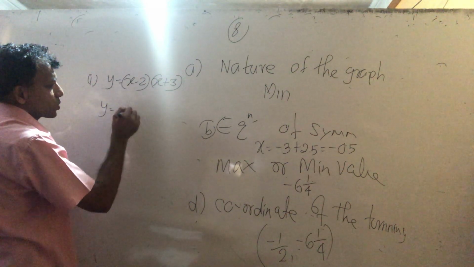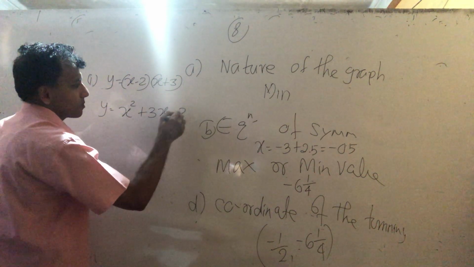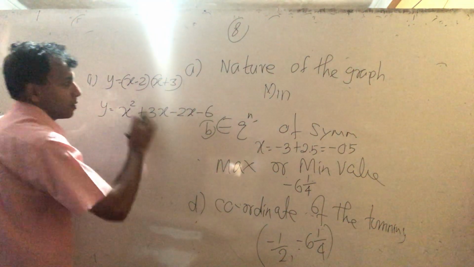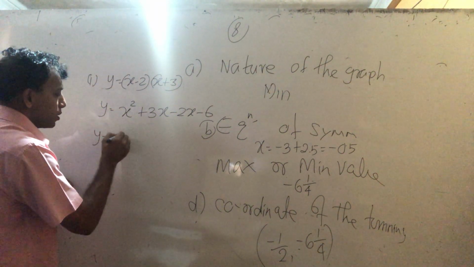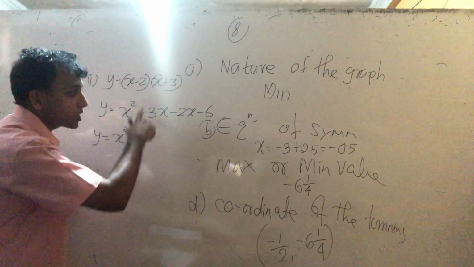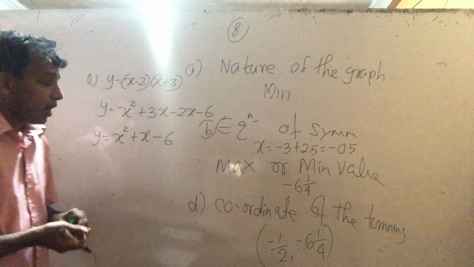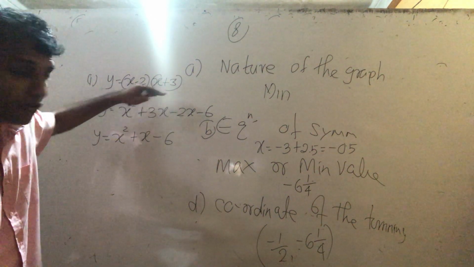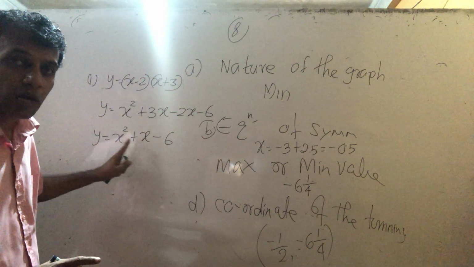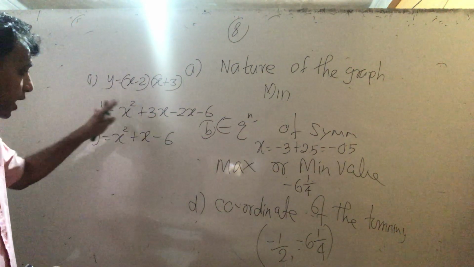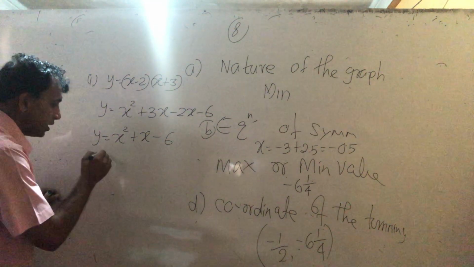Multiply x into x square plus 3, multiply the brackets. So y equals x square plus 3x minus 2x plus 1x minus 6. This is the intersection pattern of the graph. This is what? The general form of the graph, y equals ax square plus bx plus c. Now you show it as a completing square. See that method. Y equals,